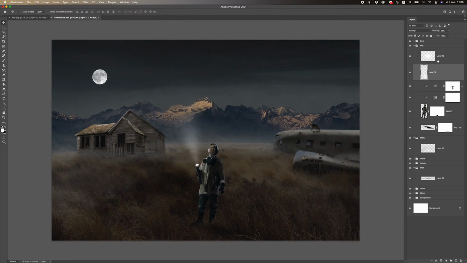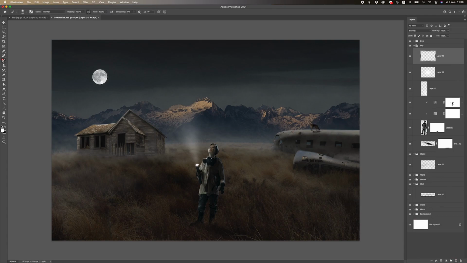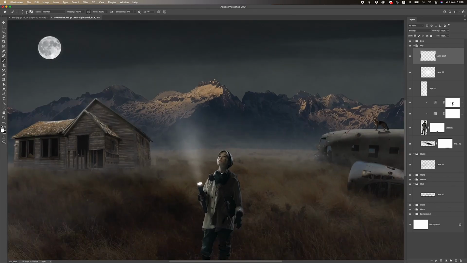So let's make some sort of fireflies. So I'm gonna make these little things here. I'm gonna create a new layer. Let's call them light stuff. And I'm gonna make the brush really small. And let's increase the hardness a bit. So we make this hard edge and make the brush really small and make these things here. I'm not sure what these are. Maybe those are fireflies, maybe something magical. But he is watching something